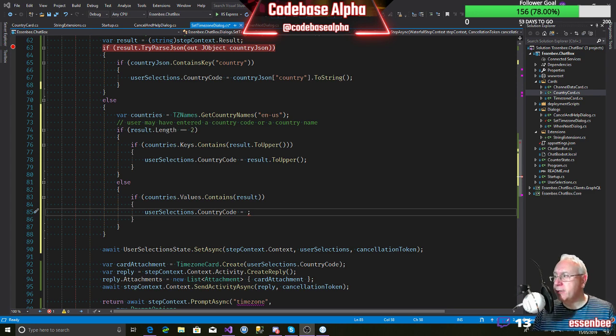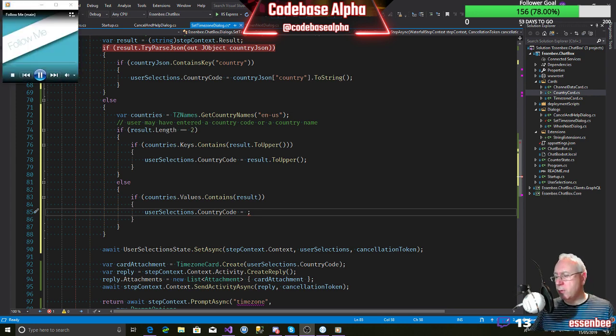AlphaBot's not currently running. I will start it up a bit later on, I think. One thing we also are missing as well, we're missing some music, aren't we? So let's have a bit of music, and I'll get my headphones. There we go, so I can hear the music as well. So yeah, I need to chill out tonight.